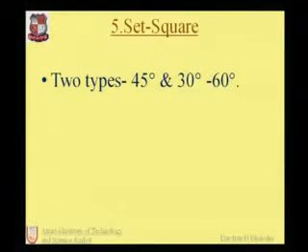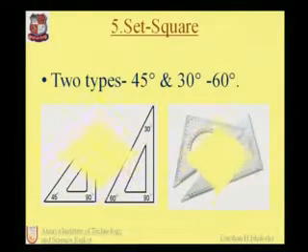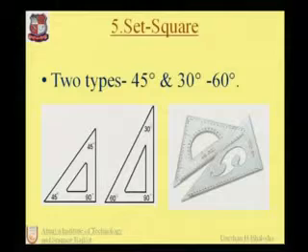Now the next one is a set square. We can say the set squares or triangles come in two shapes. The first one is the 45-degree set square, and the second one is the 30-degree, 60-degree set square. Now what is the use of this set square? If you want to draw